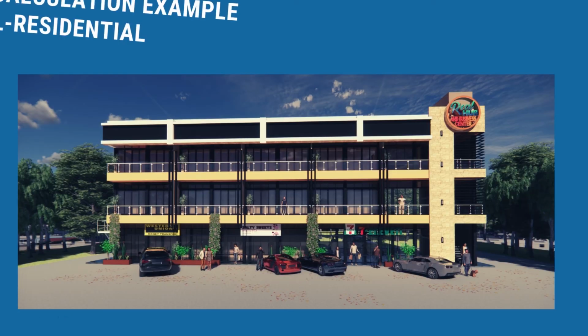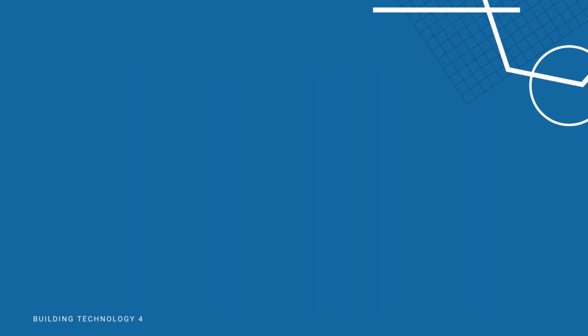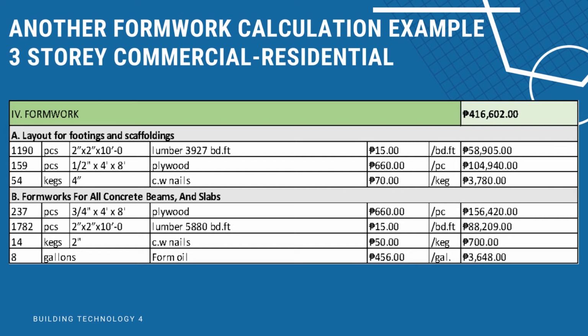for support. So here is another formwork calculation example of a 3-story commercial residential. For layout for footings and scaffoldings, we have 1,190 pieces of 2 inches by 2 inches times 10 feet lumber, which is 3,927 board feet that costs 15 pesos per board feet and equals 58,905 pesos. Also, we have 159 pieces of 1/2 inch by 4 by 8 plywood that costs 660 per piece, which equals to 104,940 pesos. And 54 kilograms of 4-inch nails that costs 70 pesos per kilogram with a total of 3,780